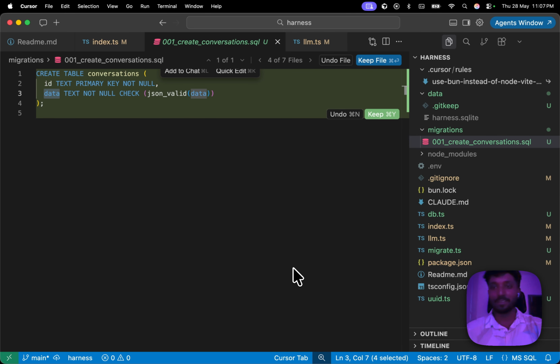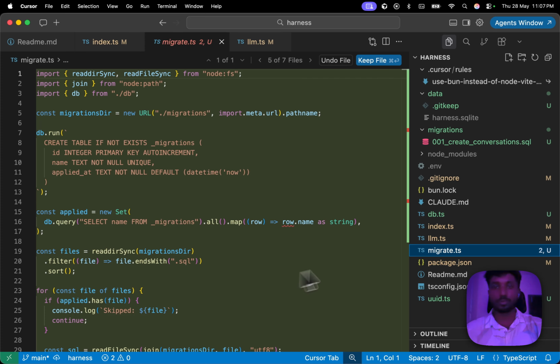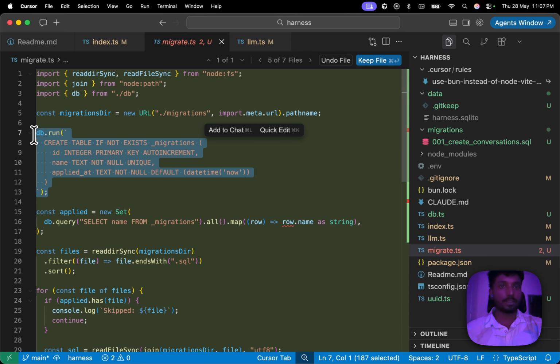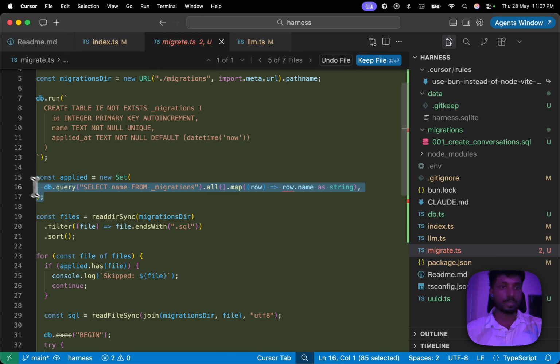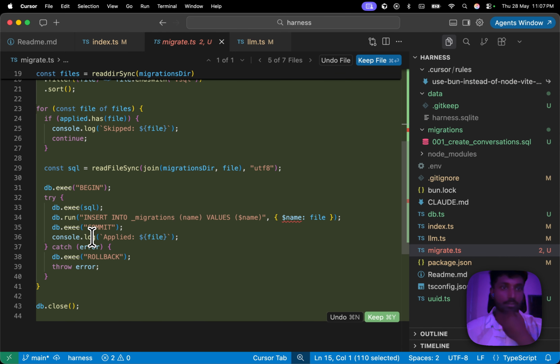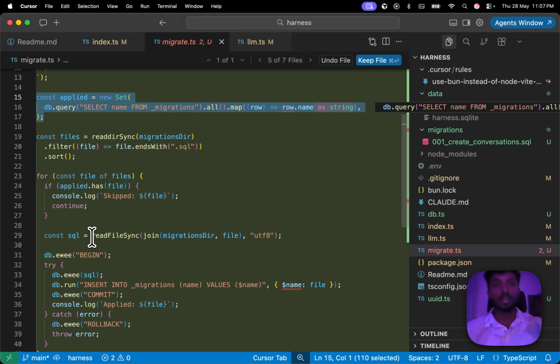Okay, and the migrate TS file. So db run create table if not exists. Okay. It wrote a custom-made